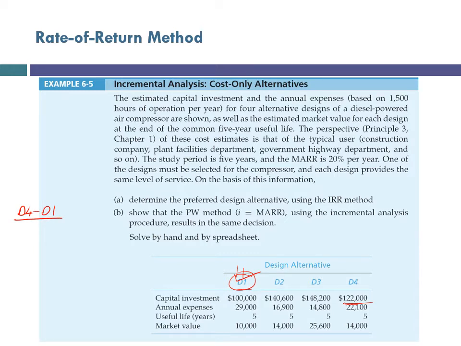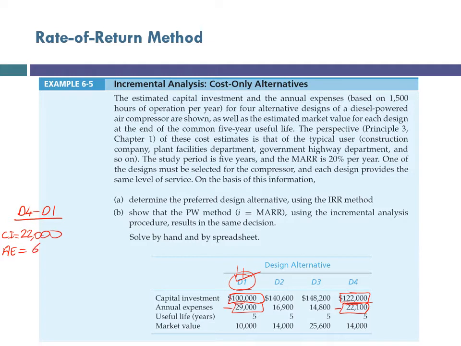In order to look at D4 minus D1, we need to look at the differences between the cash flows. On capital investment, the difference is 22,000. For annual expenses, we need to subtract this one from this one. Remember, these are expenses. I'm subtracting negative 22,100 from negative 29,000,